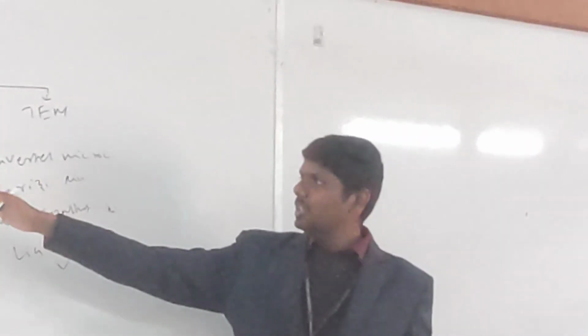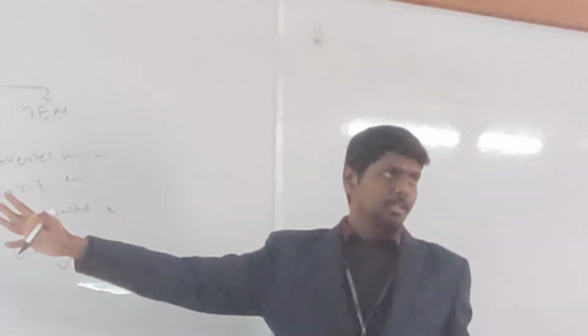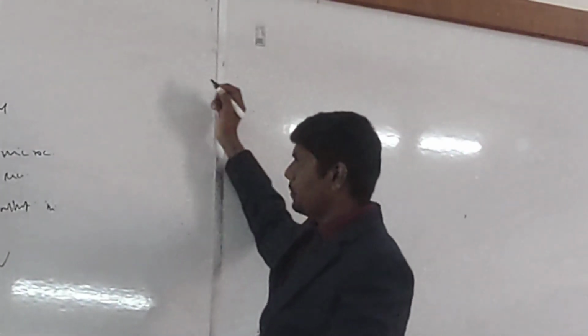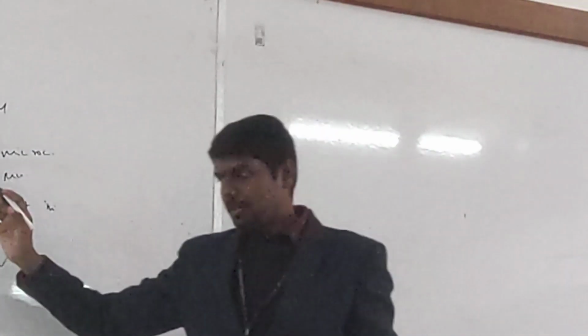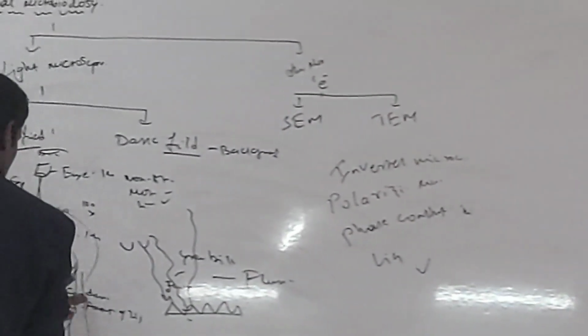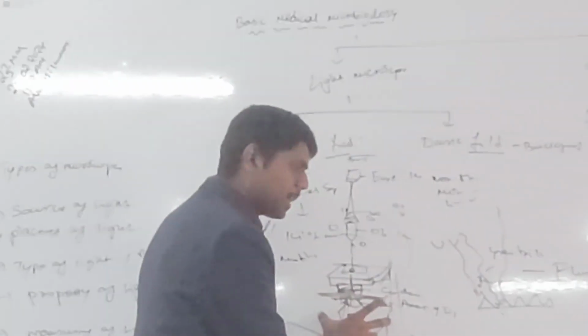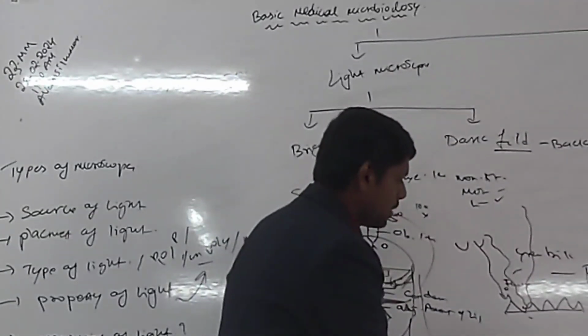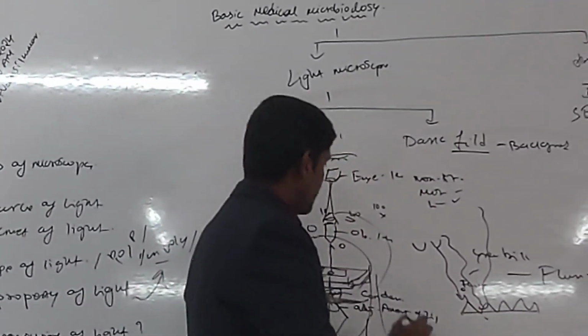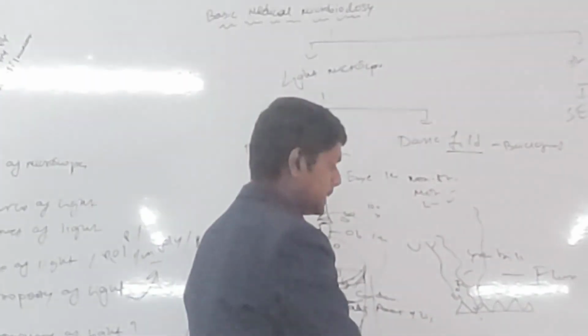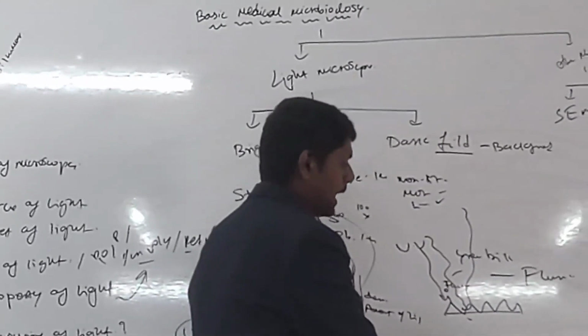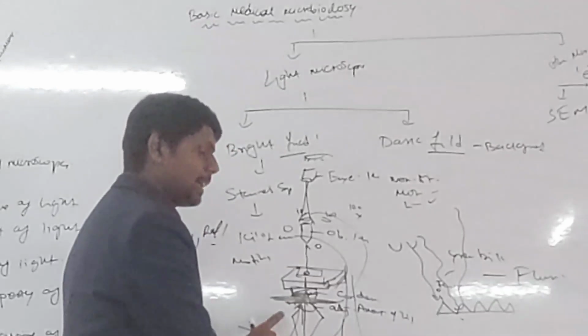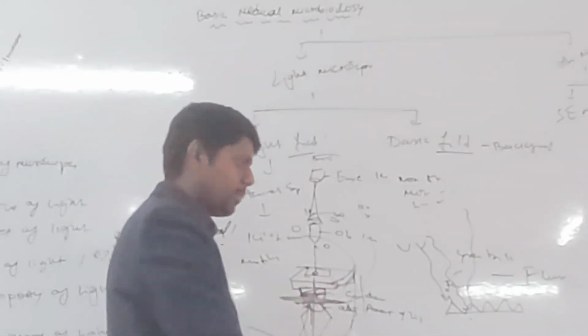I will finish first the normal light microscope types. Now, the light microscopes are many types. This microscope has further types. How they classify this microscope is based on the head, based on the eyepiece. Based on eyepiece, these light microscopes are divided into